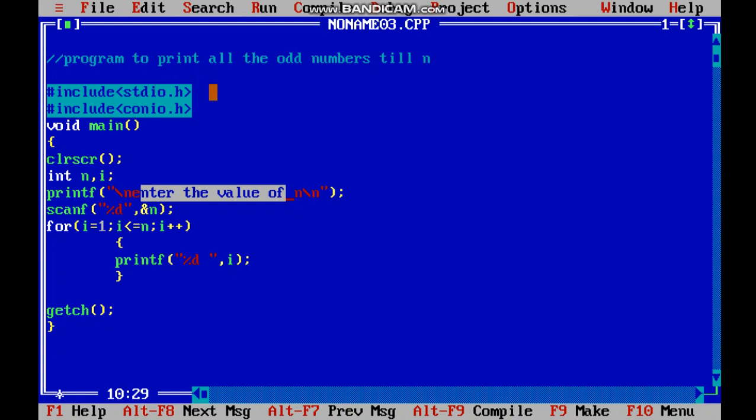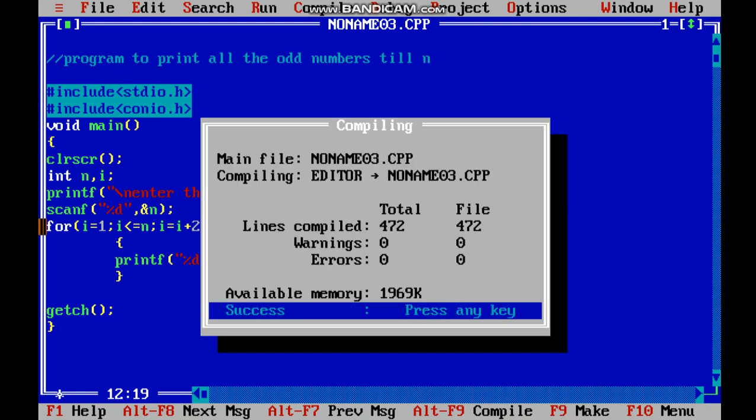I want odd numbers, right? So what is the first odd number? Because it is not stated that you need to get between this and this number, we don't need to be that logical. As we are starting from 1, it itself is an odd number. So what if we don't increase by 1 and increase by 2? We can use i equals i plus 2. Yes, of course. I will tell you some other way also.